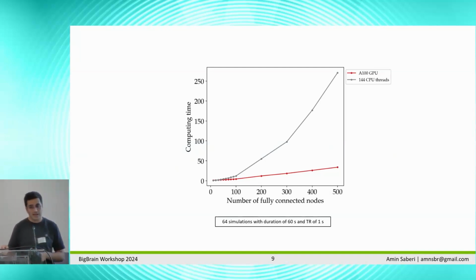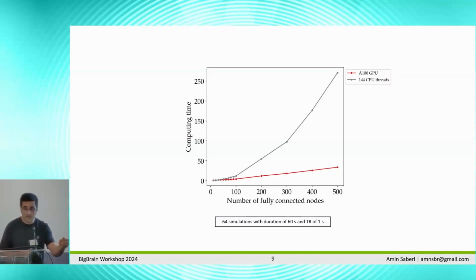gray map. But on GPU, this doesn't happen. The increase is linear, which is super nice. And if I did the previous slide with 500 nodes, we could have observed even higher than 1,300 times faster performance on GPU. Okay, yeah, but then so far I've been focusing on scaling this like GPU implementation to higher